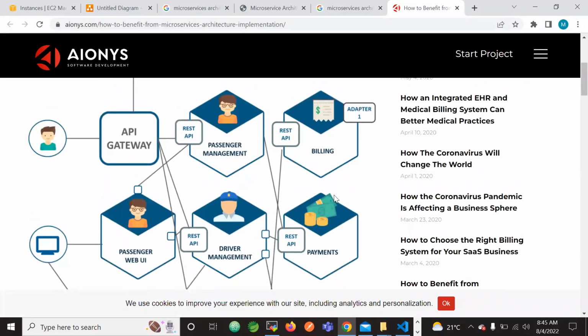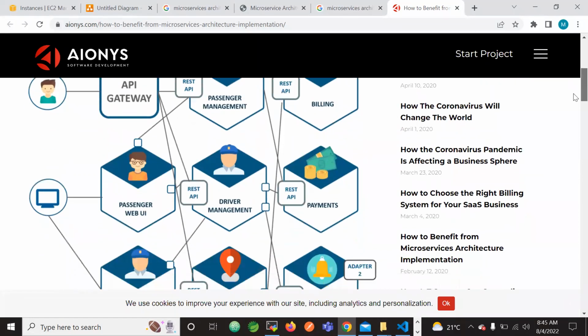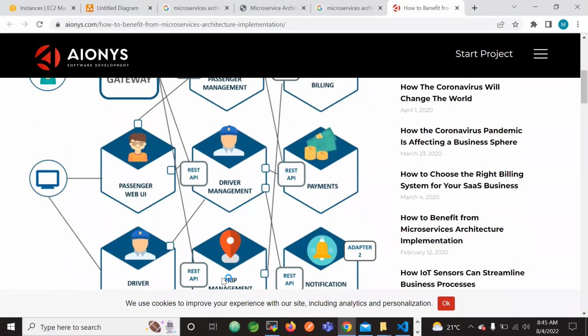Now what I'm saying is, if any microservices get damaged, or a few of the microservices, let us say trip management and notification got damaged, then only these particular microservices get damaged and get repaired later on. But still the other microservices can run as is without any problem. The only thing is the data related to trip management and notification might not get to another microservice, but the other microservices will still be able to run without any issues.